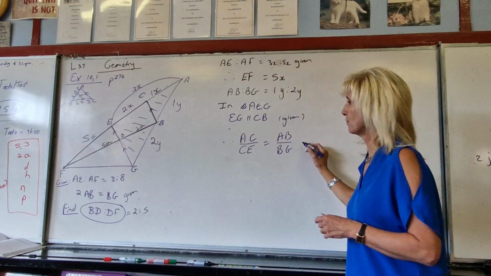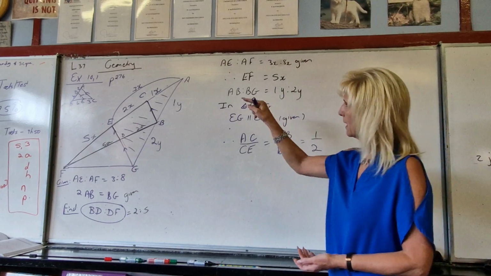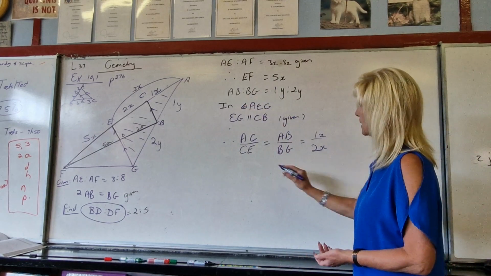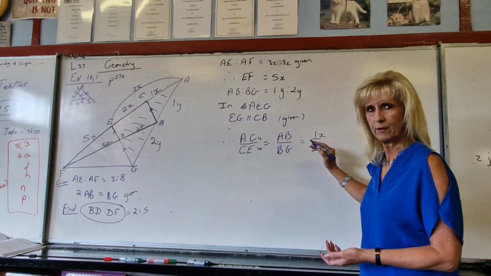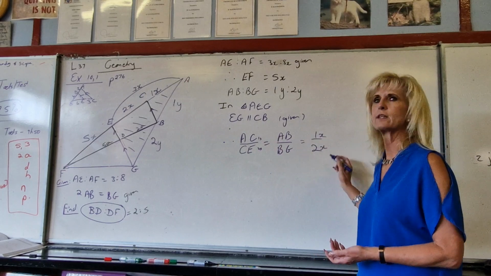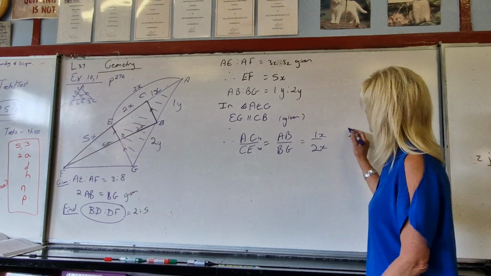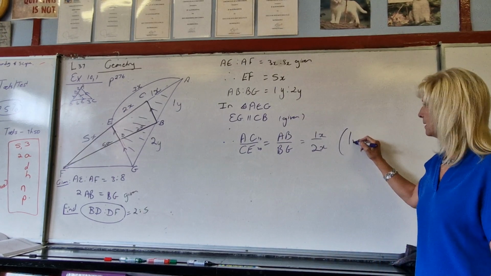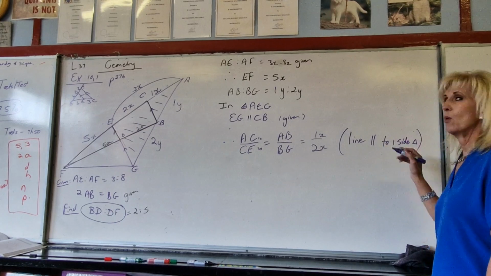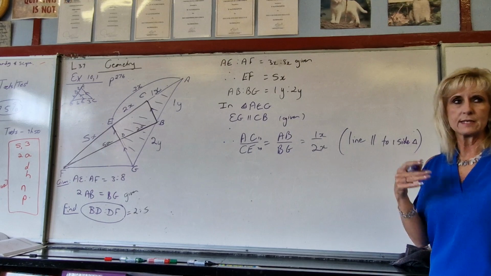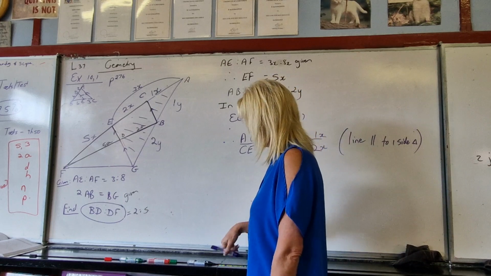And then that would be 1 over 2, right? Which I'm going to write there as 1x and 2x. I know that this was actually 1y over 2y, but it still says a half, because the y's cancel out, the x's cancel out. It's just for them to see where my magical 1x and 2x come from. Okay, and the reason, first time: a line parallel to one side of a triangle will divide the other two sides in the same proportion. Then I need to go to the other triangle and say, in the black triangle,